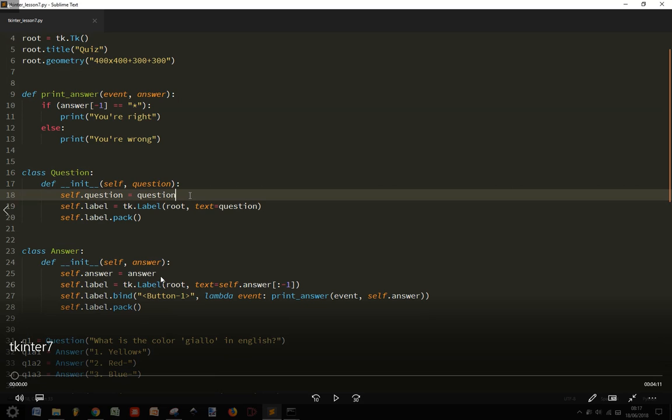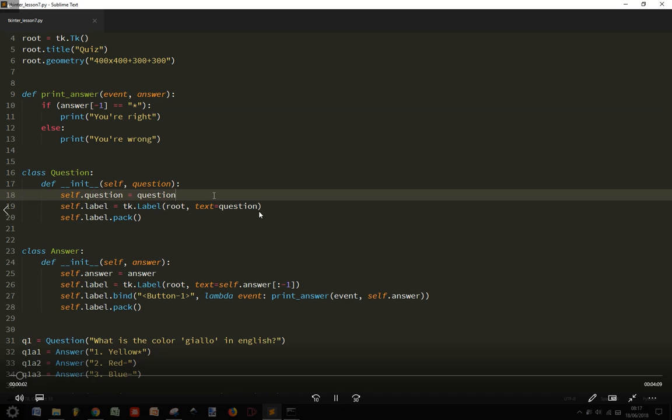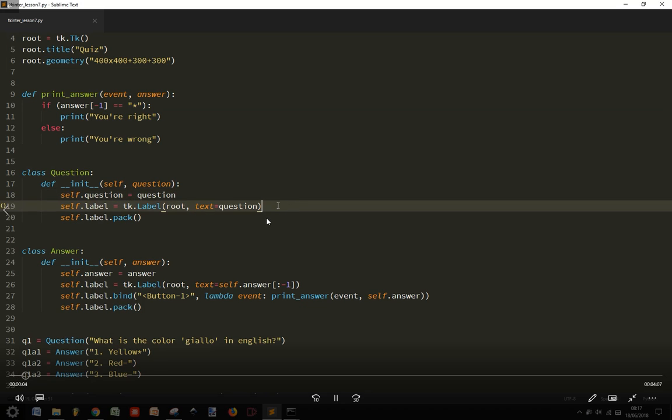In the last lesson we have built a little app to make a quiz using a window with tkinter in Python, and so we want to make some changes on the label so that they look nicer,